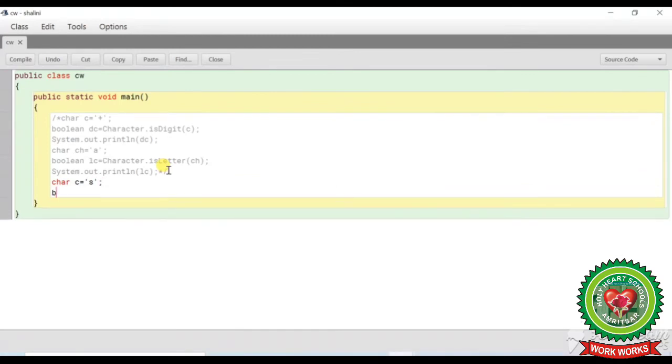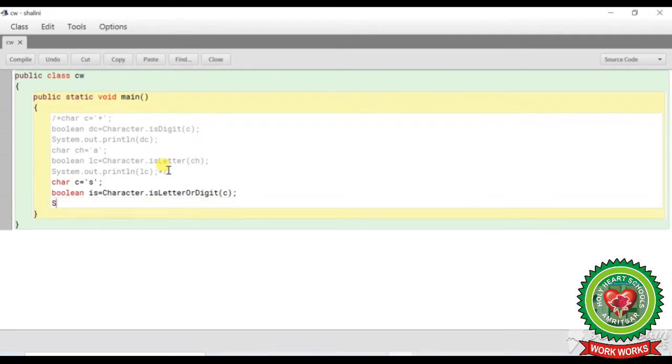Now here I am going to write boolean is, as I told you, the variable name, let it be is only, equals Character.isLetterOrDigit, with capital L, capital O, capital D, and in brackets I will pass c as the variable name.